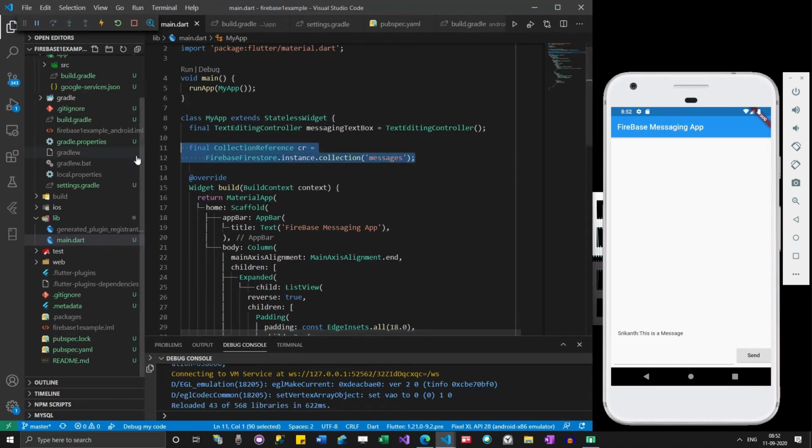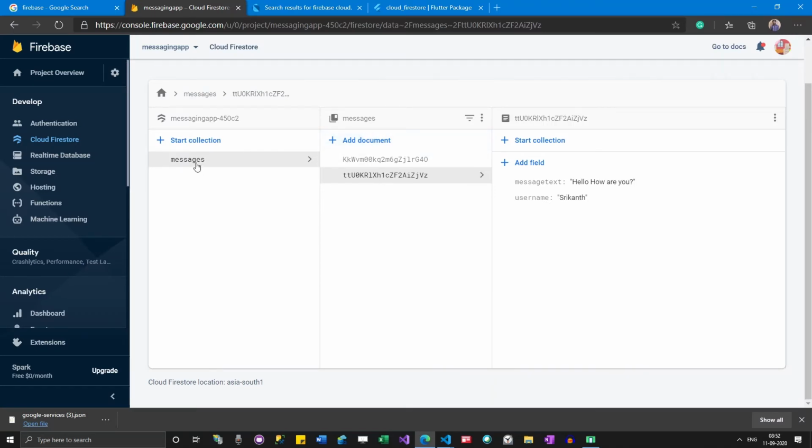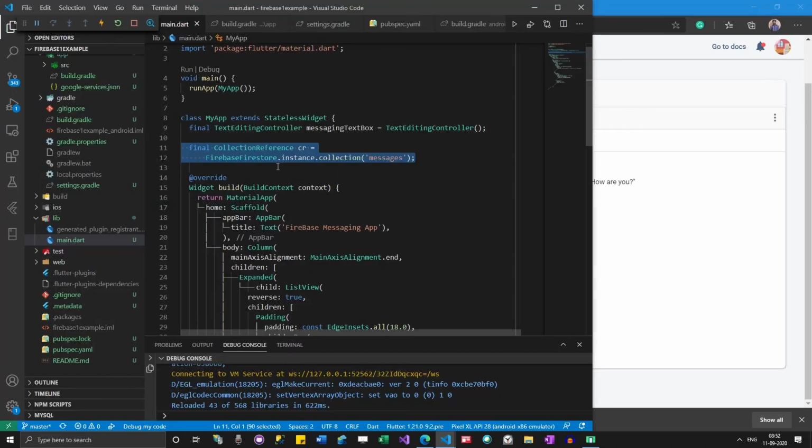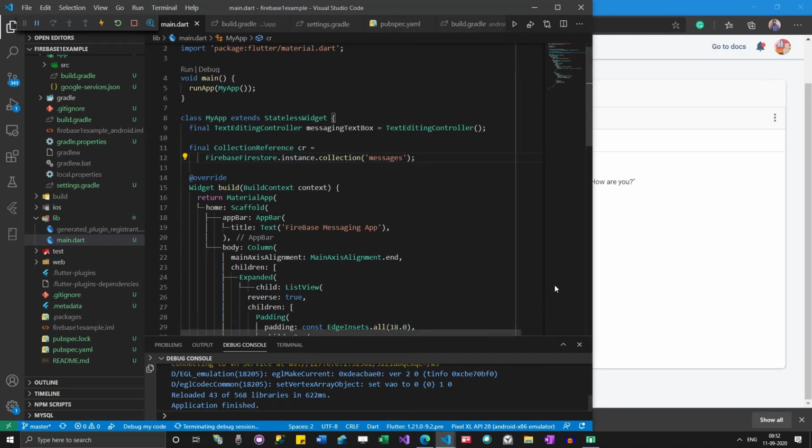Okay, so now we are actually accessing these messages here. Let's stop this app.